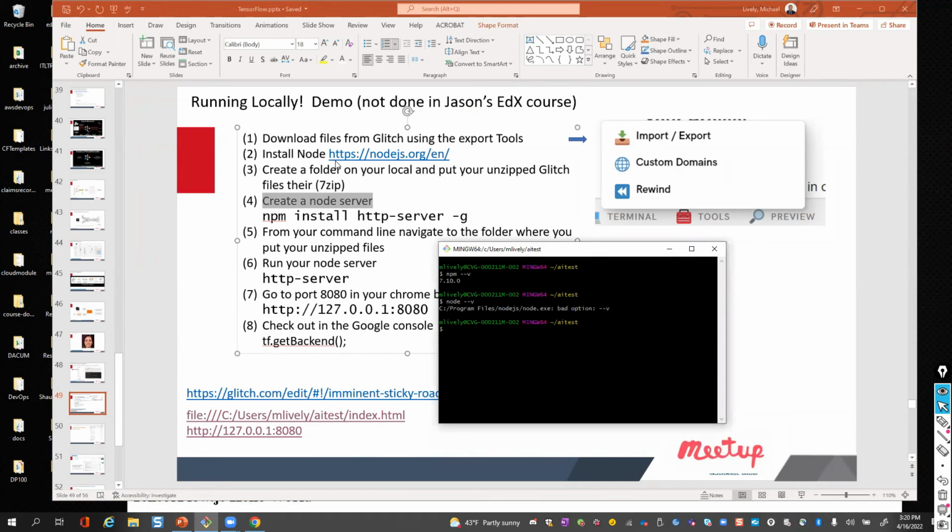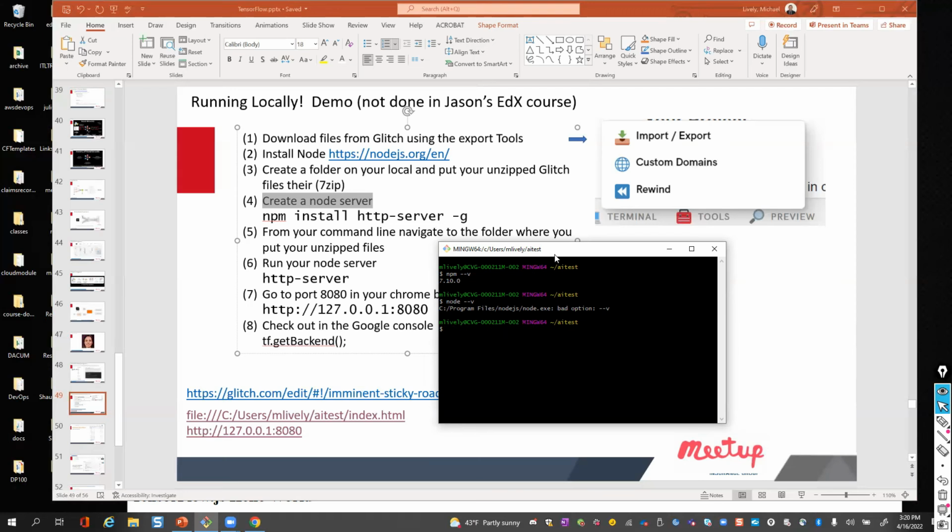So you'll go to Node and install it, and then you'll install the server. With npm, that's the Node package manager, you run npm install http-server -g, and the -g installs it globally. I won't do it here, but this is basically what you want to do once you install Node. That will install the server, and I've already done it.